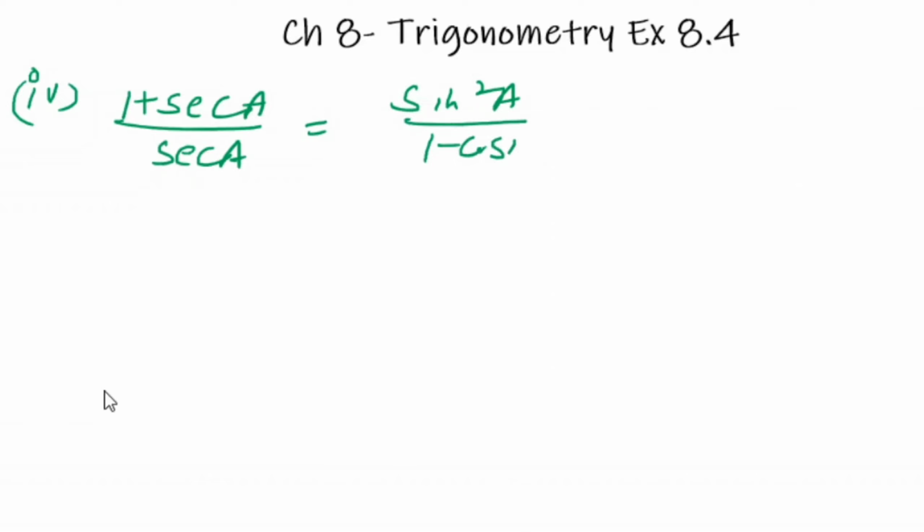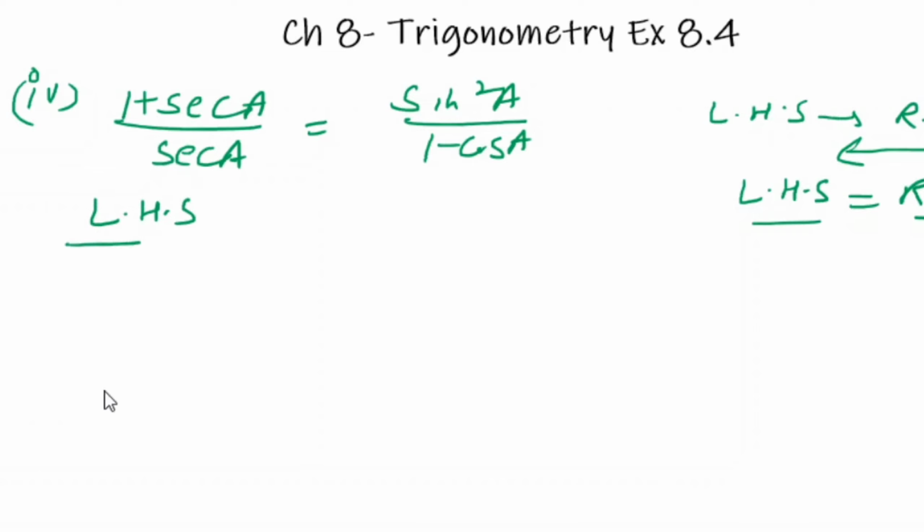So in this way, there are 2-3 ways of solving the trigonometric identities. What we do, we start from the left hand side and we reach the right hand side. Clear? At times we start from the right hand side and reach the left hand side, and in a few questions we solve both the sides. So it depends what kind of question we come across. Okay, so here I am taking the left hand side.